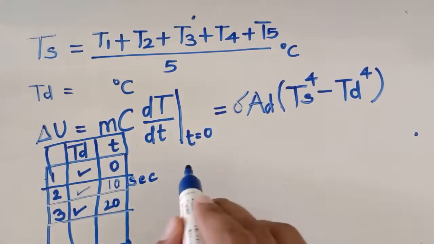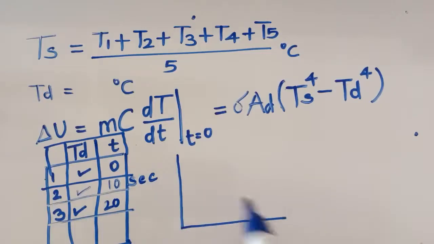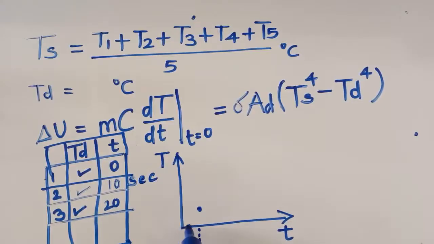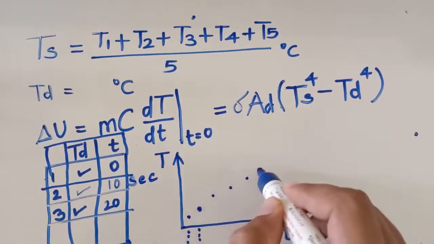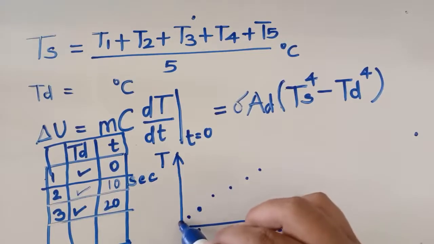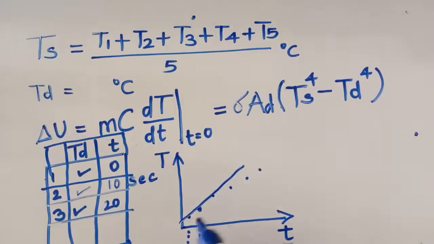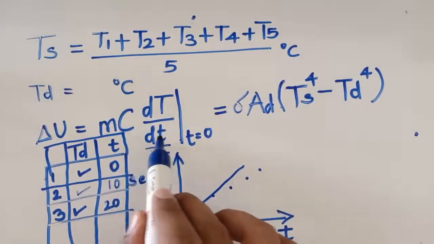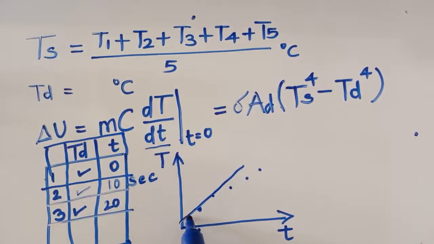On the basis of this, you will plot one graph of temperature versus time. Temperature will be on the y-axis, time will be on the x-axis. So you will get a graph like this. Let us say this is the value of temperature in the beginning, at time 0 there was some temperature, and then the graph will move something like this. So what you need to do is draw a straight line in such a way that it connects at least 3 points, or passes close to the 3 points. Then you need this parameter dT by dt, the change in temperature with respect to change in time. So it will be this first delta T.